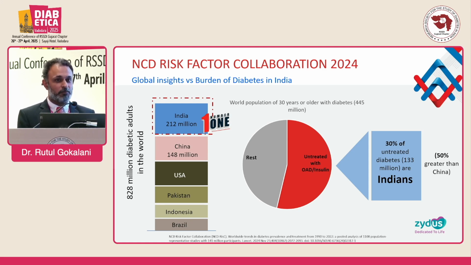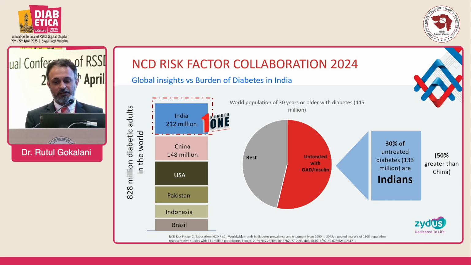China is on second number with 14 crore population who is suffering from diabetes. So total population living with diabetes are around 82 crore, and among them 21 crore is from India according to